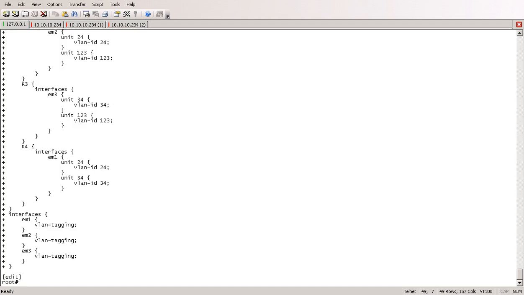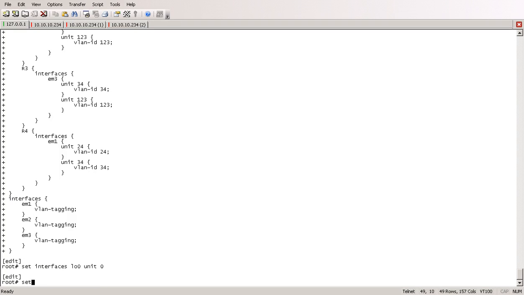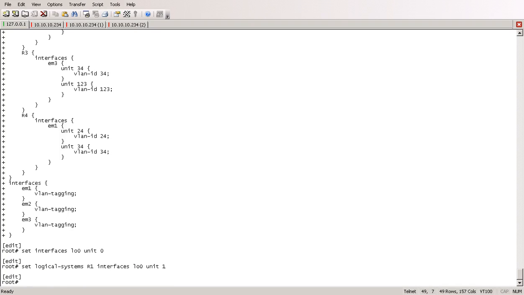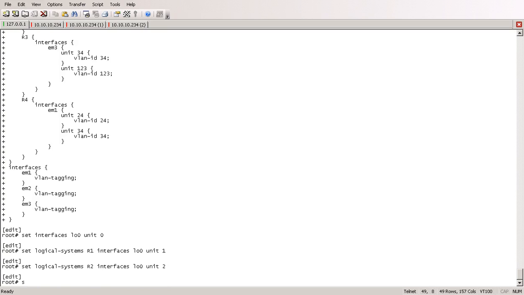So let's go, set loopback 0 here, and then let's set logical system R1 interface loopback 0 unit 1, set logical system R2 interface loopback 0 unit 2, set